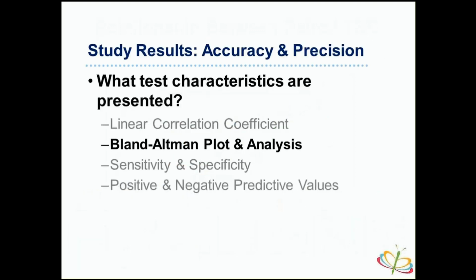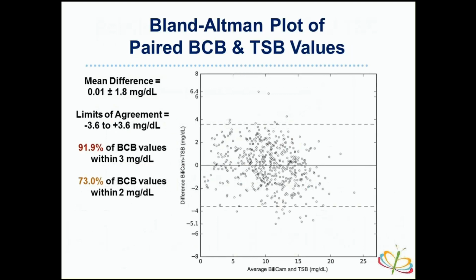All right, so next we're going to look at what's called a Bland-Altman plot, and the subsequent analysis. We already talked about this a little bit, but the big things are mean difference and limits of agreement. It's just another way to plot this data out and look at it and compare,